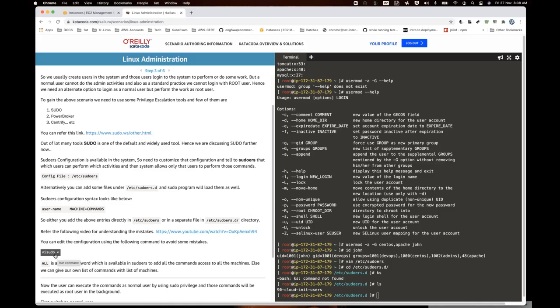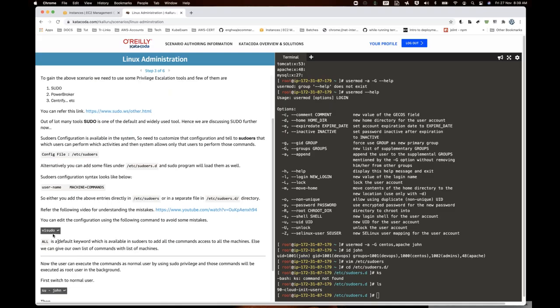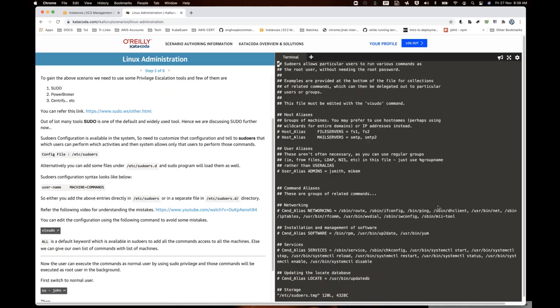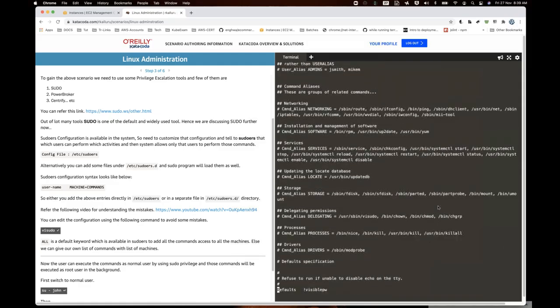So that's where you're safe, you'll not make the mistakes. That's where, as a beginner, I will suggest you go with visudo. I open visudo, and it's actually opening the sudoers file here. So now here